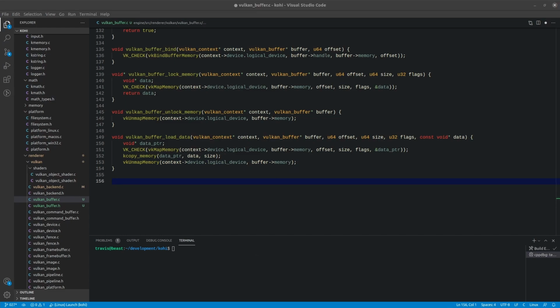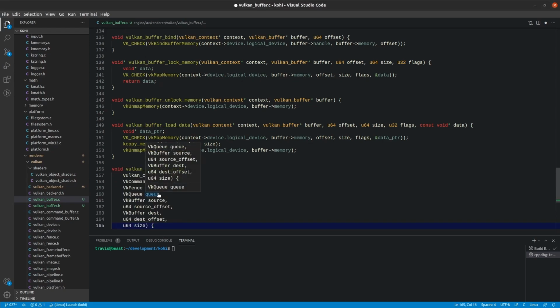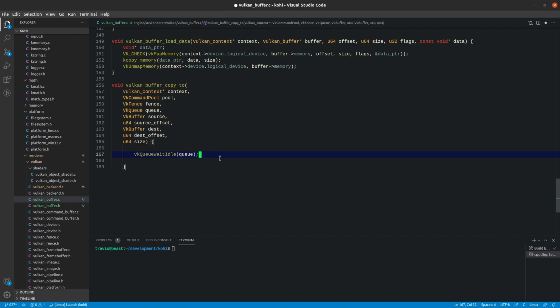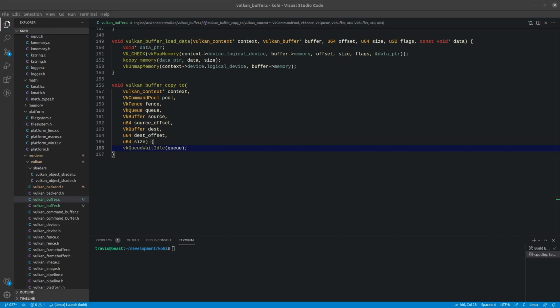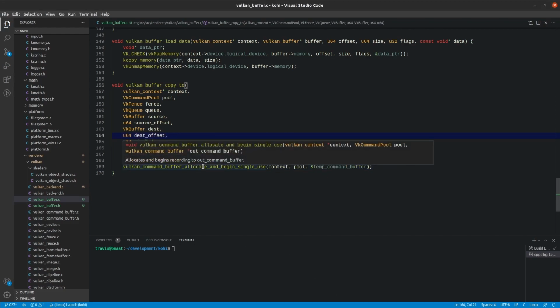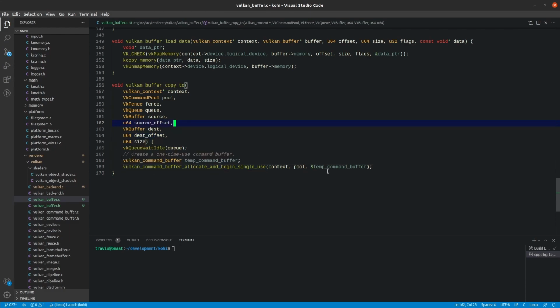Okay, and finally the copy 2, which is actually not very complicated either. So the first thing that we're going to do is wait for the passed in queue to be idle, because this requires a command buffer and a queue. We are going to create a one-time use command buffer. If you guys recall, we actually did a lot of logic around this. So this is an example of what we would use a one-time use command buffer for, just a quick copy operation. And so